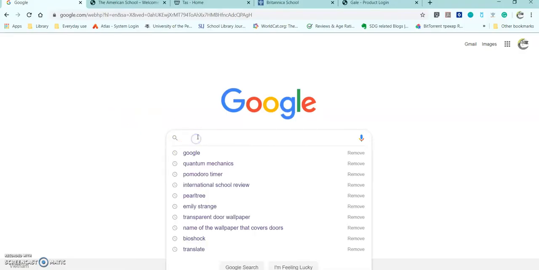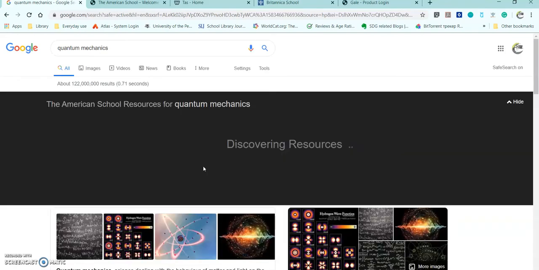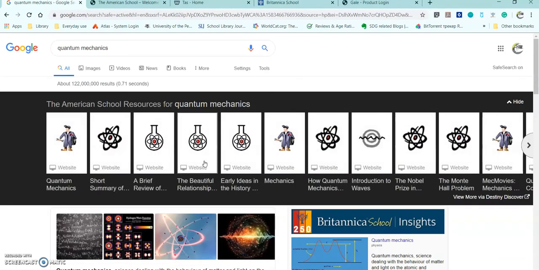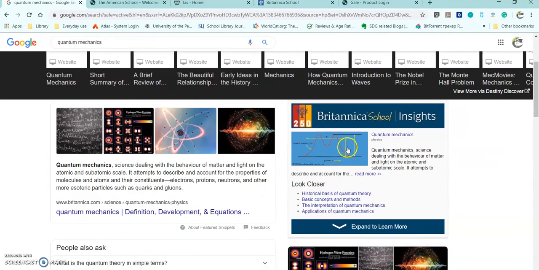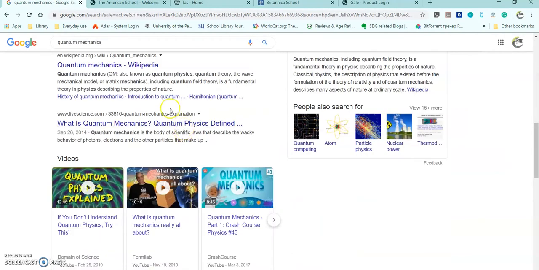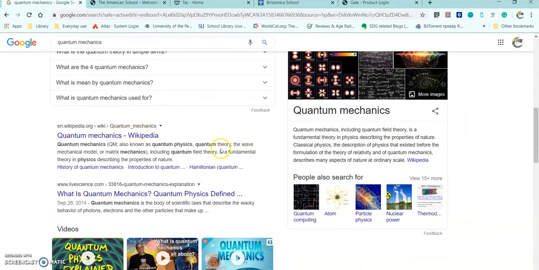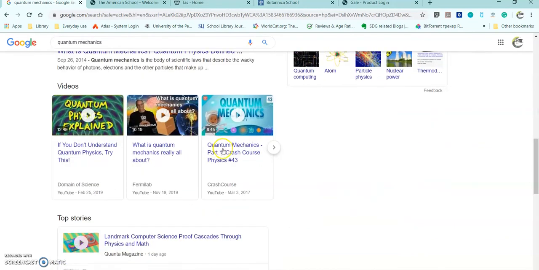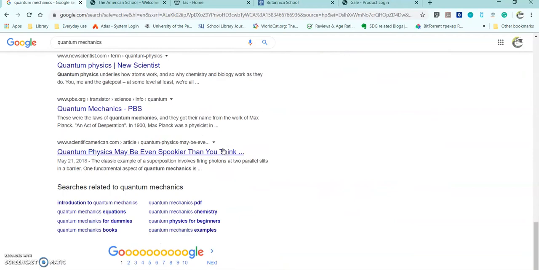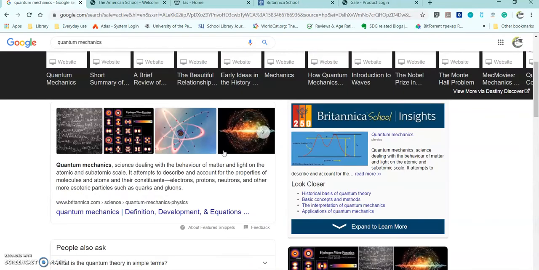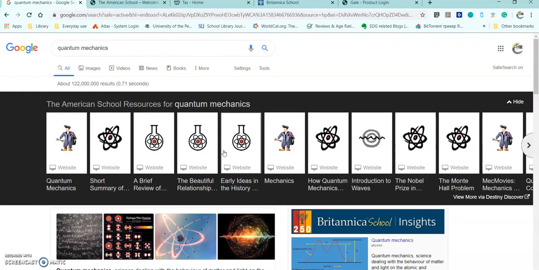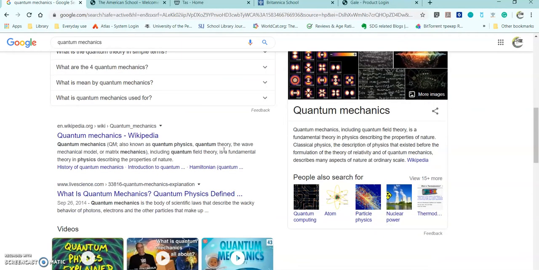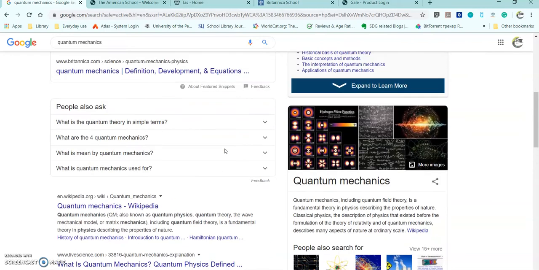So let's say you have to research for homework a little bit of quantum mechanics. You would go to Google, of course. And your Google doesn't look like mine because I have a lot of widgets and extras and added resources. But mostly you would get a little bit of medium information and mostly bad sources. That's what happens when you Google. You have the whole internet in your hands, and sometimes Google doesn't know that you're actually looking for good information